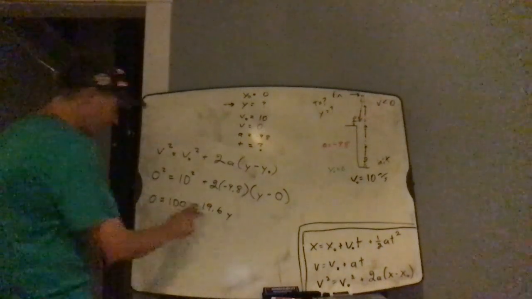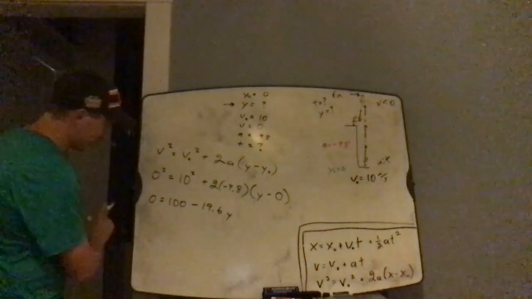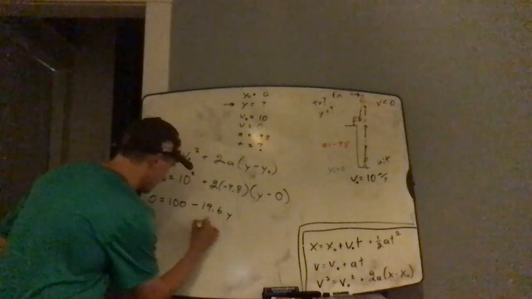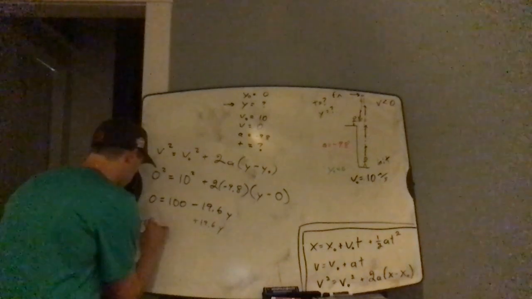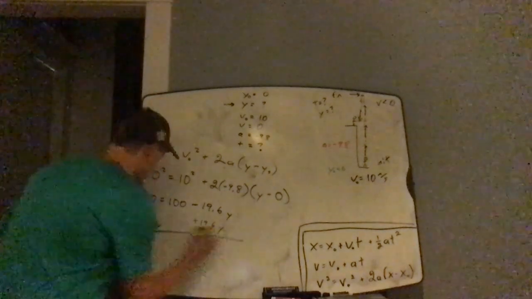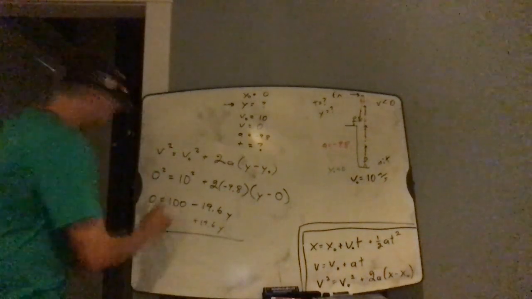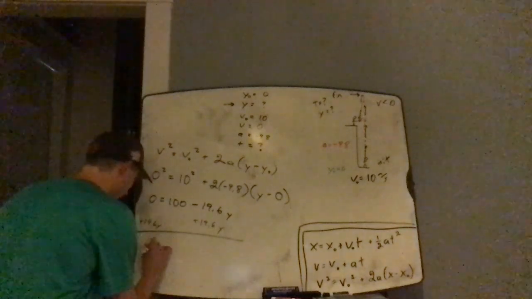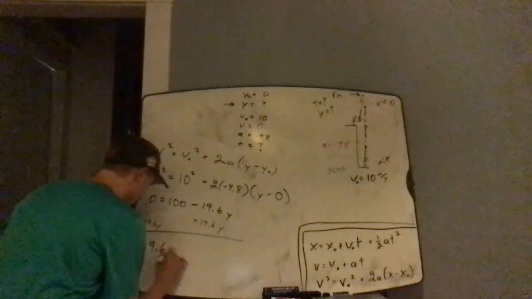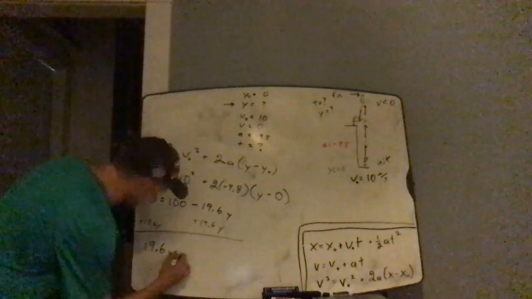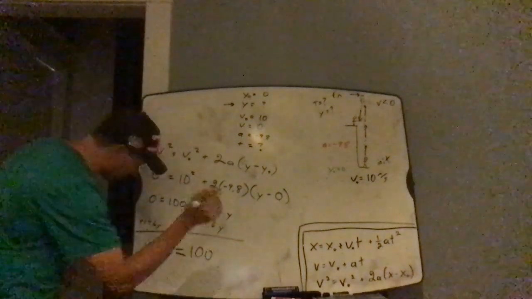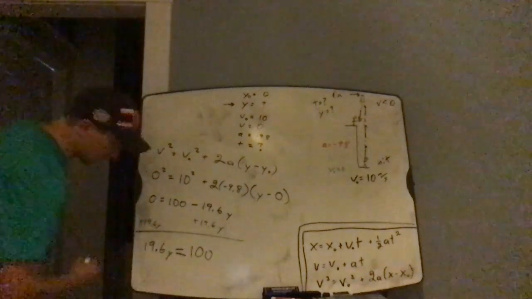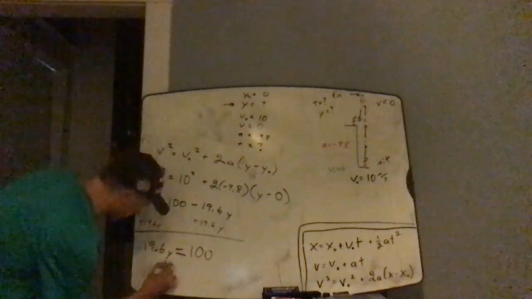So from there, I could bring 19.6y to the other side, plus 19.6y. So then 0 plus 19.6y equals 100, and these cancel. So if I divide both sides by 19.6,